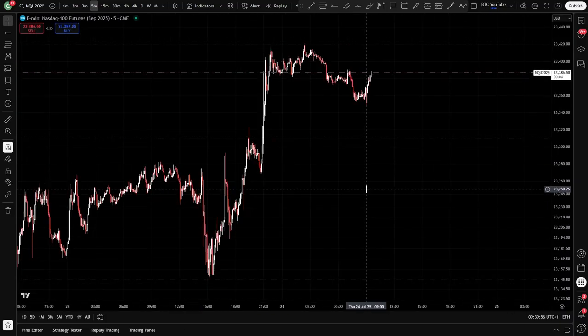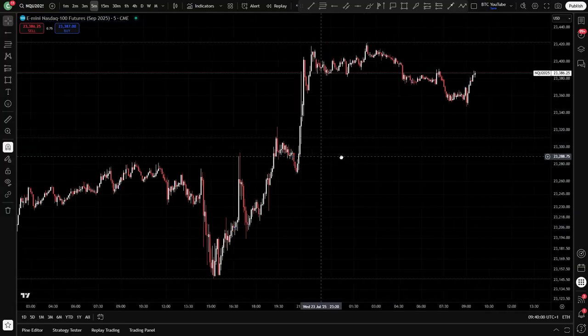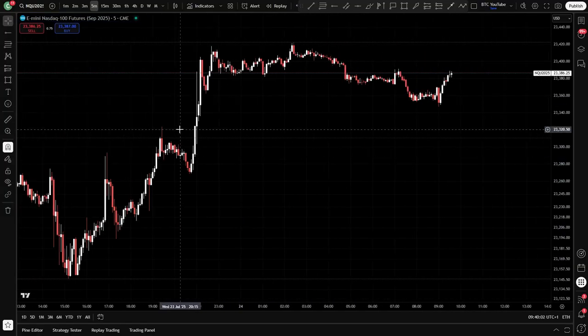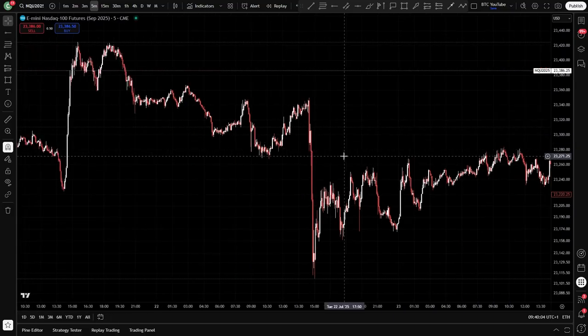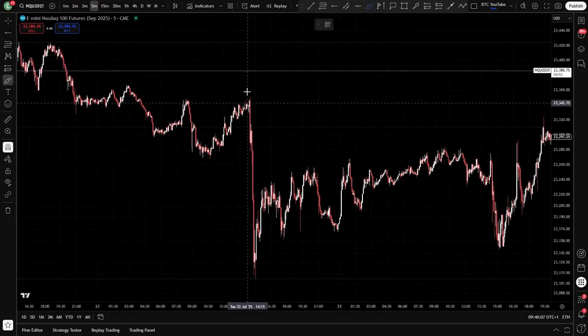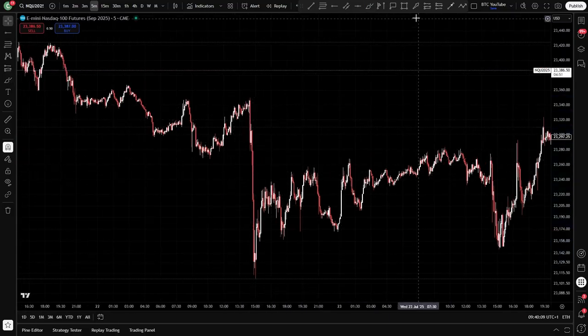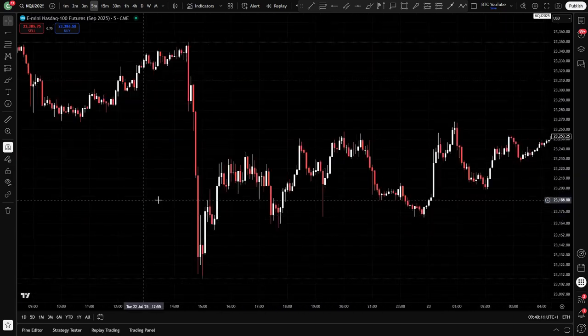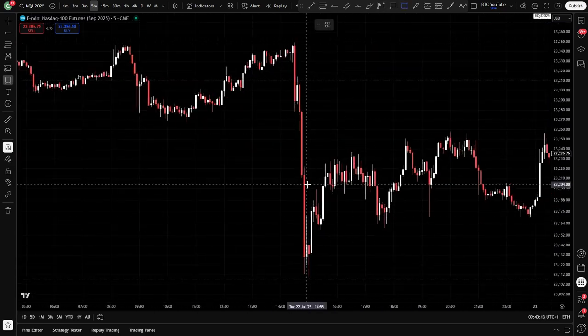I'm not going to bore you too much with the rigmarole. I'm just going to show you a few examples of the strategy that I've seen recently. Price action's been a bit weird over the past few days, to be honest. You can see we've got this massive drop on Tuesday. Even though we got a really great sweep of so much liquidity, we never really got that inversion back to